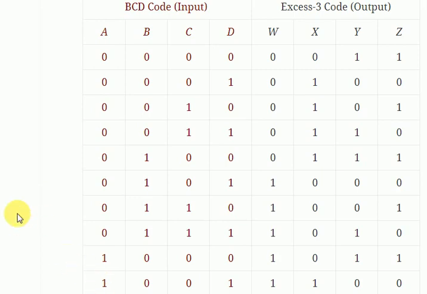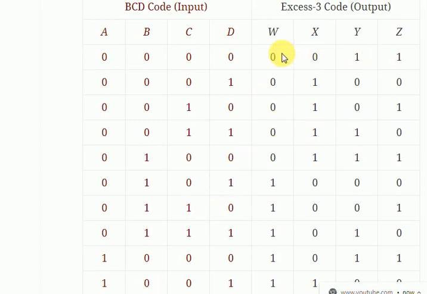Here we have the 4 inputs, A, B, C, D. The first combination is 0, 0, 0, 0, and this is equivalent to decimal 0. When we add 3 to 0, we get the answer 3, and that 3 is equal to 0, 0, 1, 1.